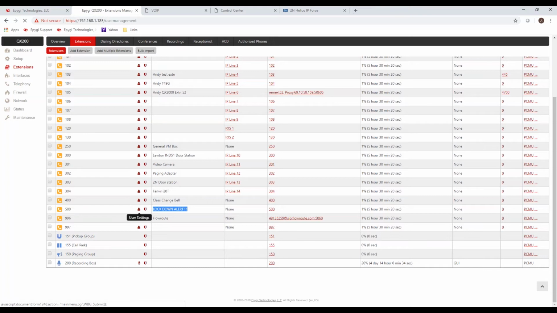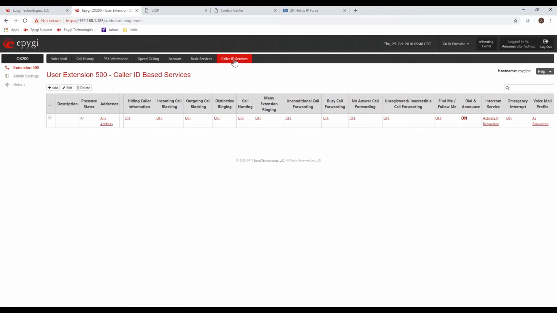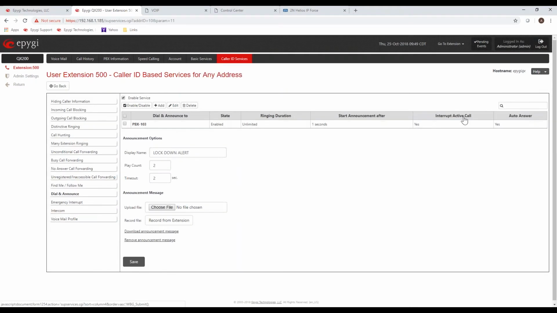All right, so I've got an extension configured for a lockdown alert. This is extension 500, and I'm going to go to the user settings. If I click on the user settings, this is the little user icon. And in here, I'm going to go to the caller ID based services. You'll see all the features that can be active on this extension. Well, you've got call forwarding, mini extension ringing, all the basic features. One of these is called dial and announce. So if I click on this dial and announce option,